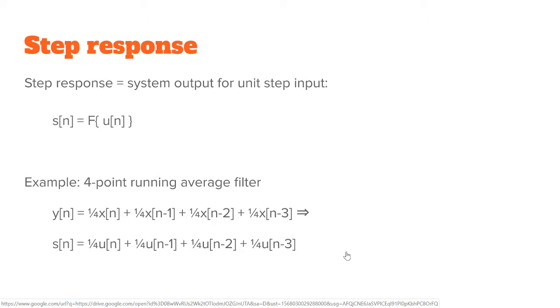How about step response? Well, same principle as in the impulse response. The step response is simply: take the step input and take a look at what is the output. That's usually marked as s[n], step response. It has less meaning than in analog systems because we can test the systems using an impulse. On analog systems, it's not a good idea to zap the electronics